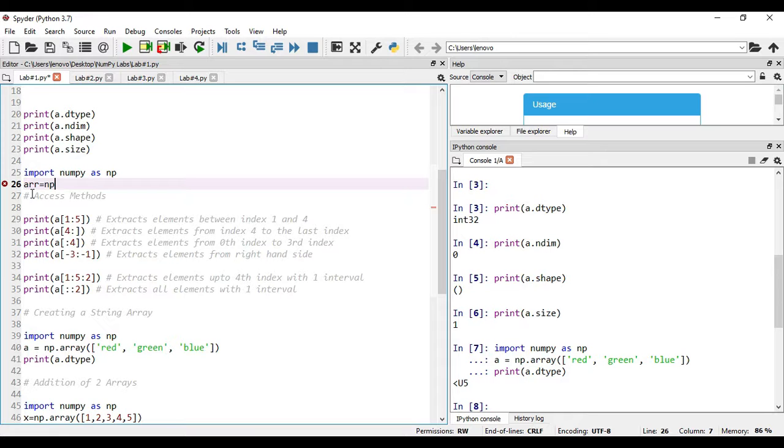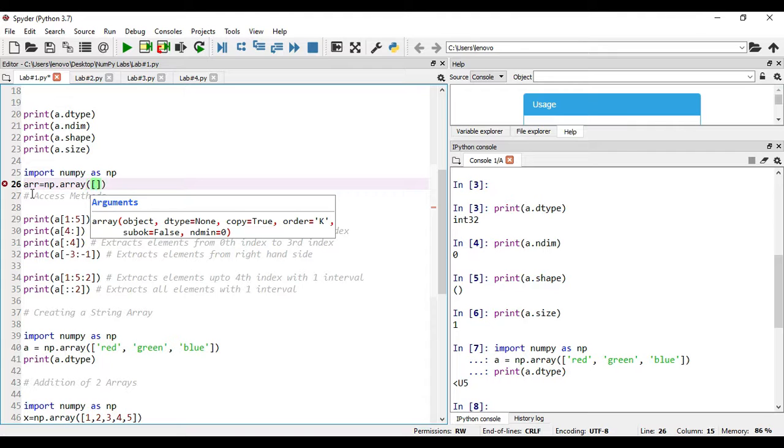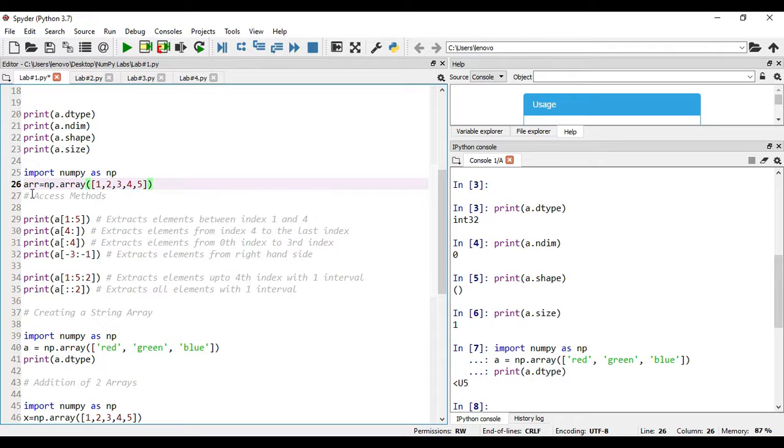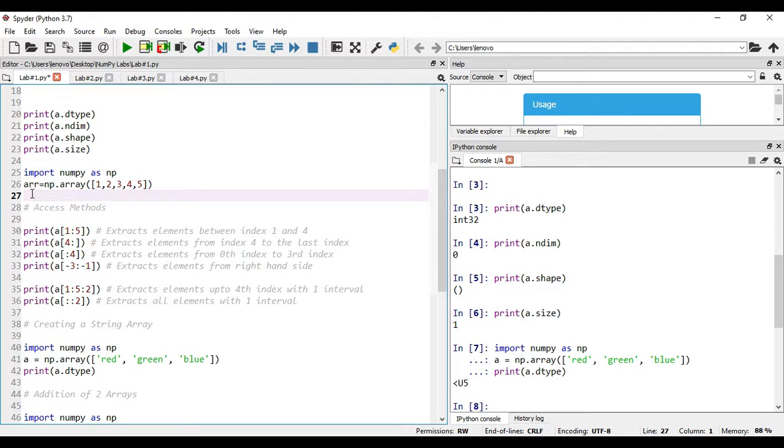Array is the function which allows us to create arrays. In the square brackets you have to mention the list of elements. Here the list of elements are 1 2 3 4 and 5, right? Once the elements are created, then you can go for the print statement, print arr. This statement will print the list of elements present in the array, right?